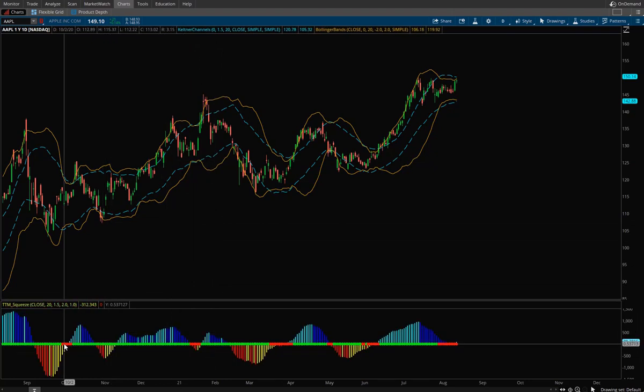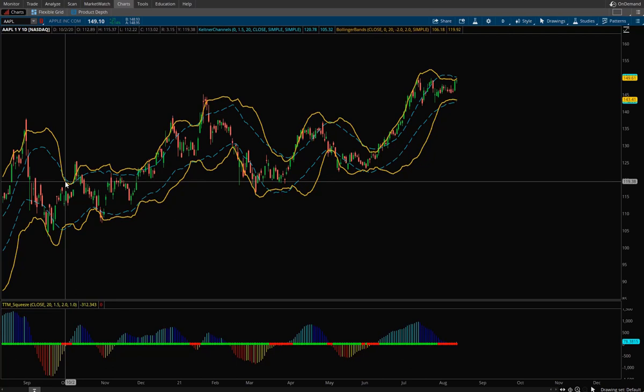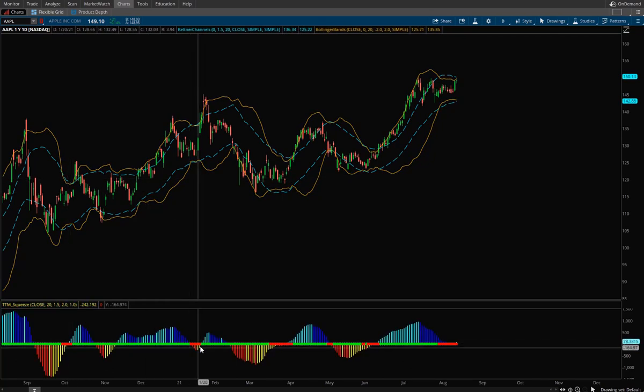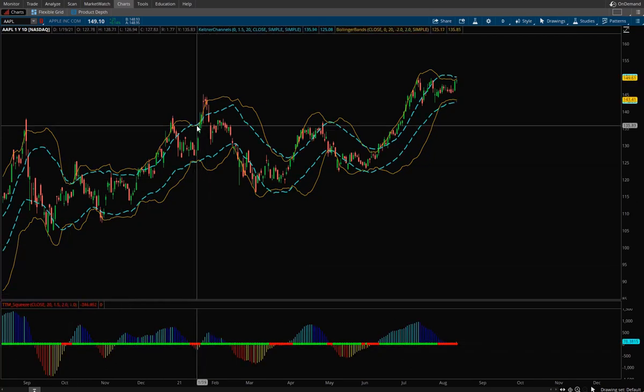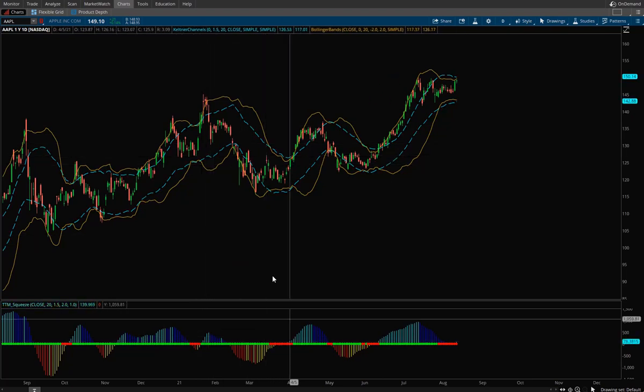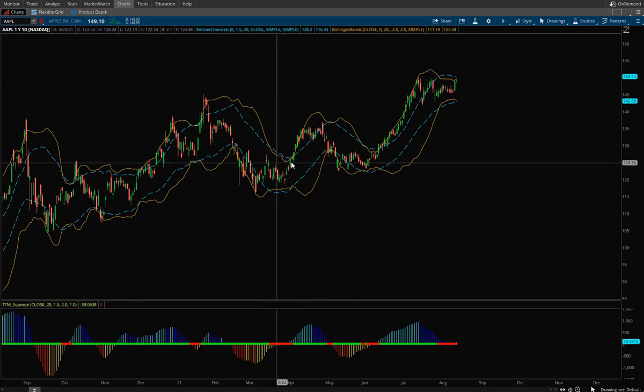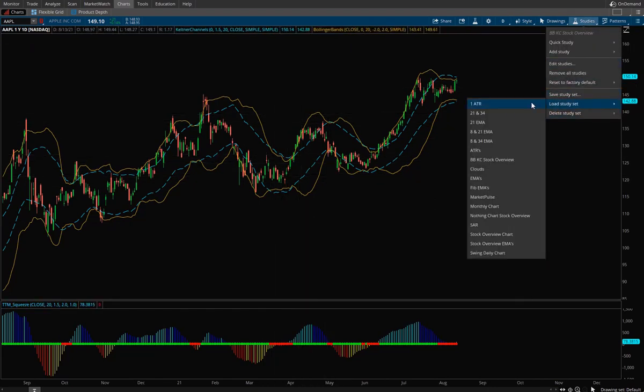So you can see here, we have the Bollinger Bands inside the Keltner. We come over to this one right here, you have the Bollinger inside the Keltner, and it's the same thing every time. This is exactly what this indicator on the bottom is showing you. I'm just showing it up here on the screen to show what it actually means. So if we go back